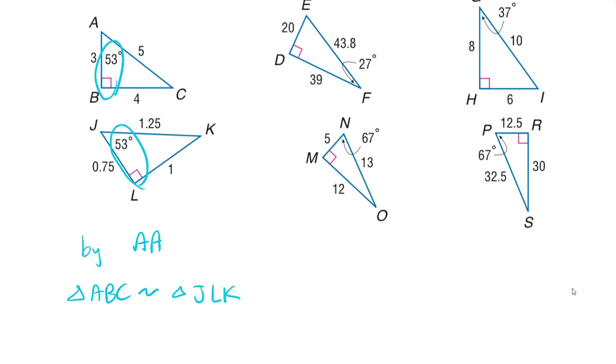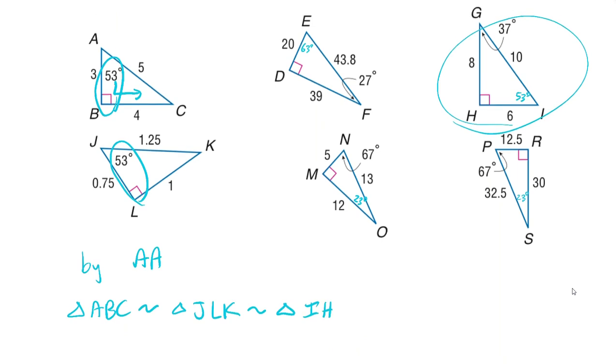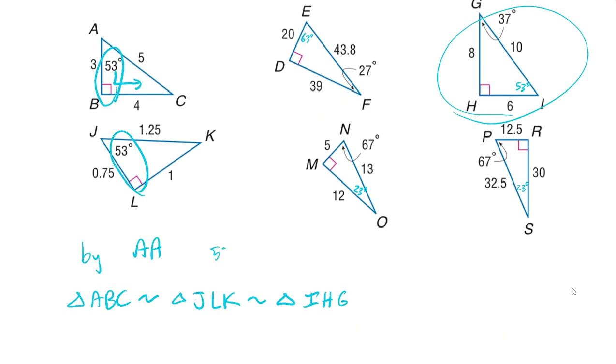All right, let's see if there's any other triangle with a right angle and a 53. Well, this one has a 23 if I just do 180 minus. If I do 180 minus, this one's 63, right? And if I do 180 minus, this one's 53. Oh, look at that. And then if I do 180 minus over here, this is a 23. So actually, this one is also a 53 right angle. So doing again the 53 right angle, this is similar to triangle IHG. All right, so all three of those are similar by AA because they all have a 53 degree and